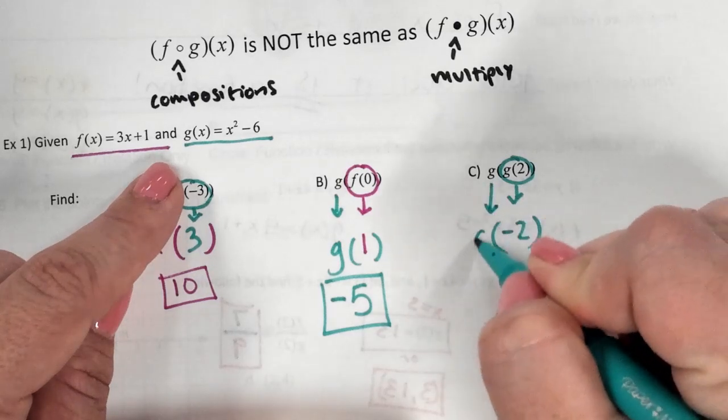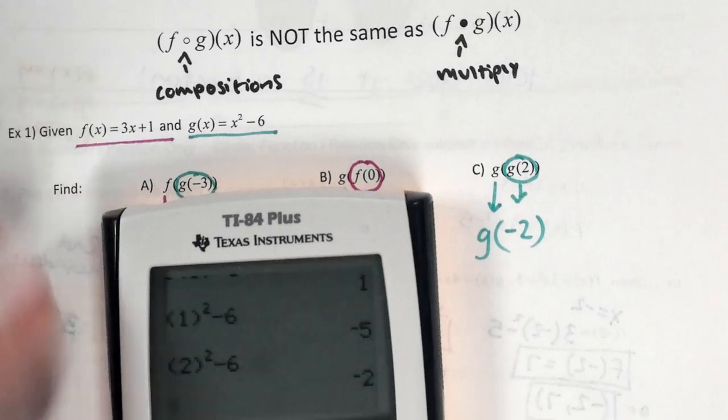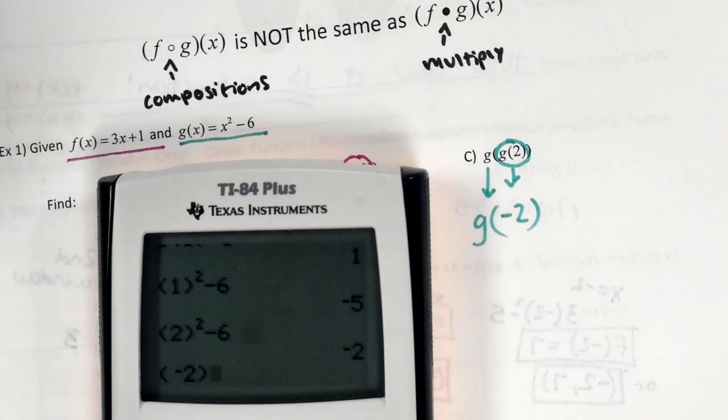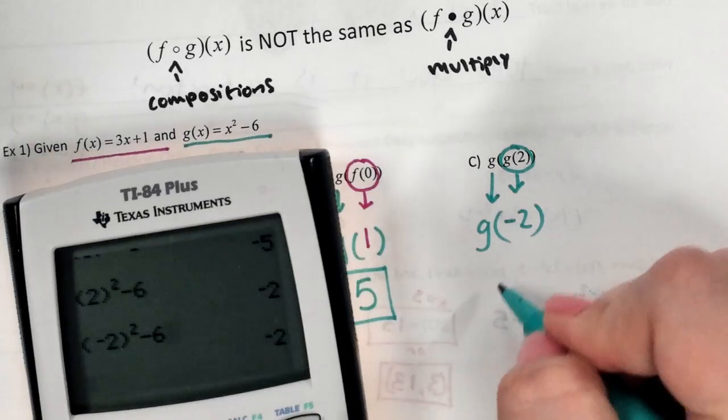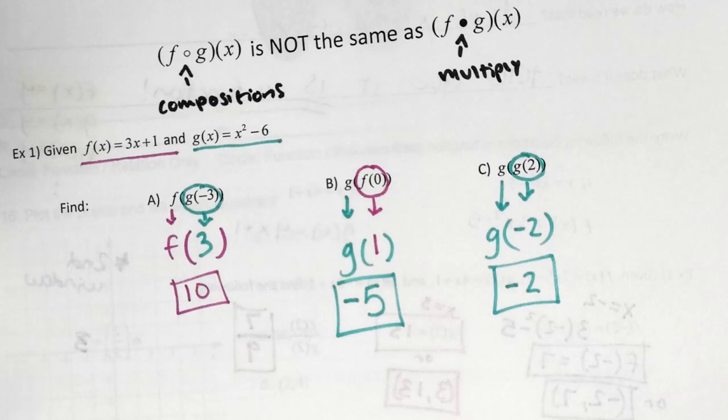And I bring down my next letter. Well, it's just g again. So I'm about to do the exact same thing, but this time with negative 2. And what's the answer? So there's your answer. So the letters are very, very important, and the order of the letters are very, very important. So you have a practice. It's like a whole 8 problems. This is what you're working on. If you finish the practice, y'all, you should be finishing